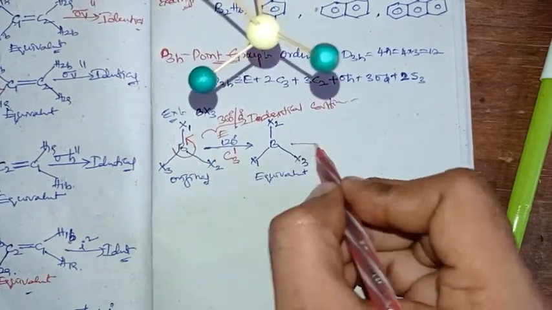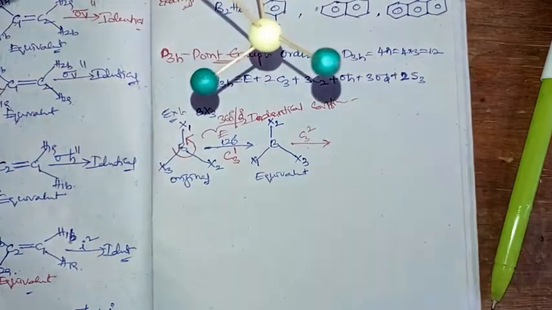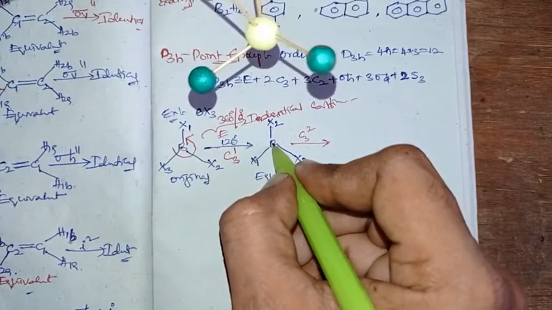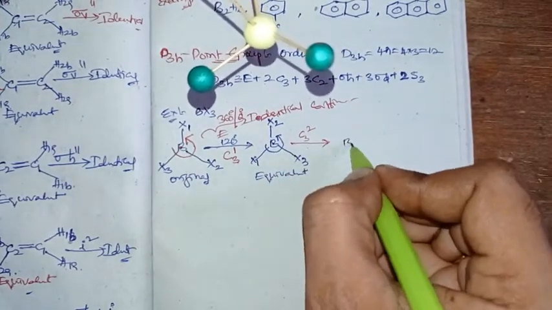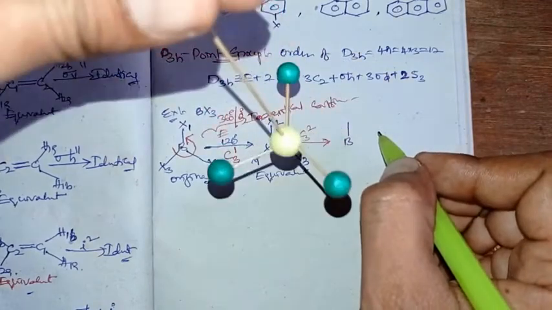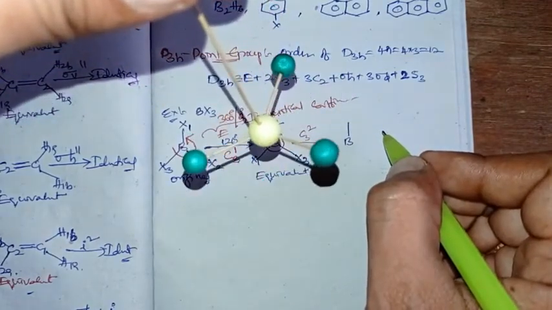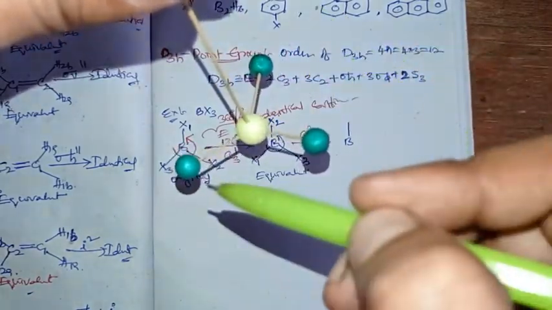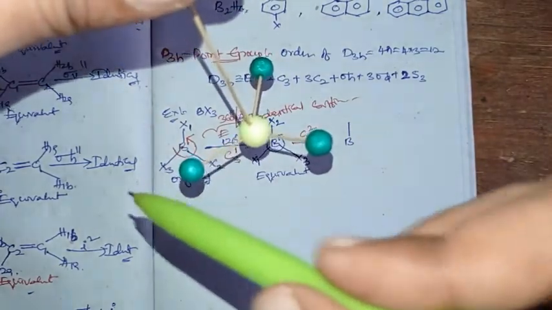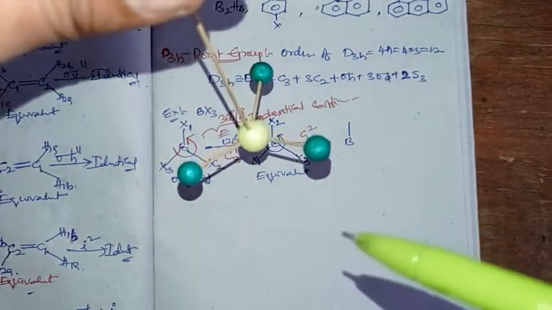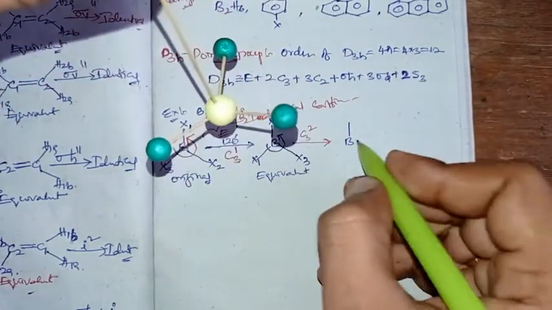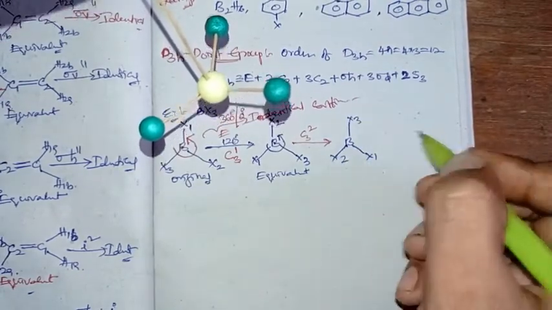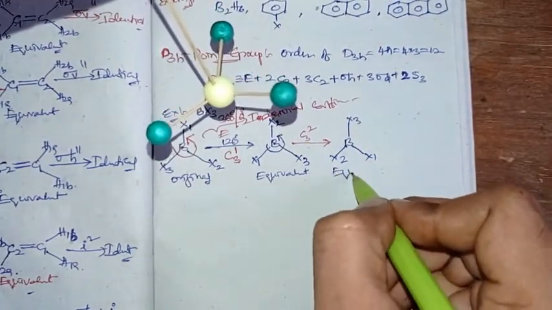So the rotation axis is C3 one. When we do the same rotation a second time, the boron gets the same position. With one more rotation, X3 gets the position of above front, X2 gets the position of left back, and X1 gets the position of back right. So here X1, here X3, here X2. This is again another equivalent configuration.